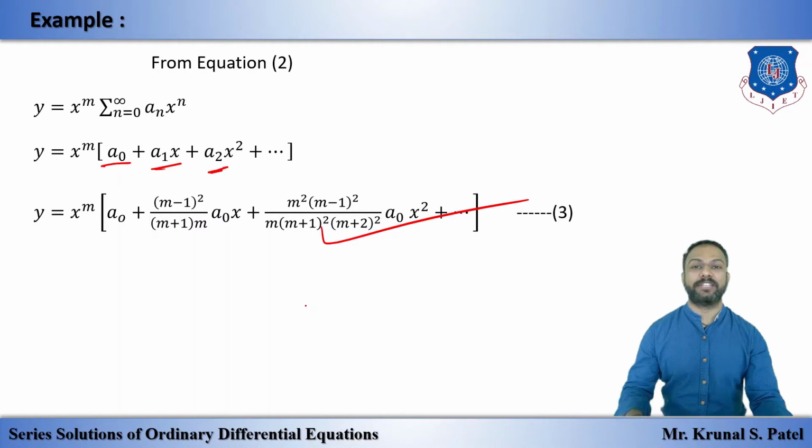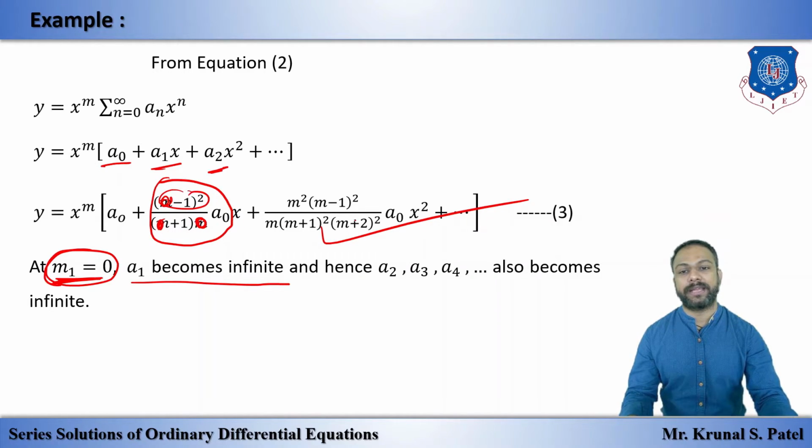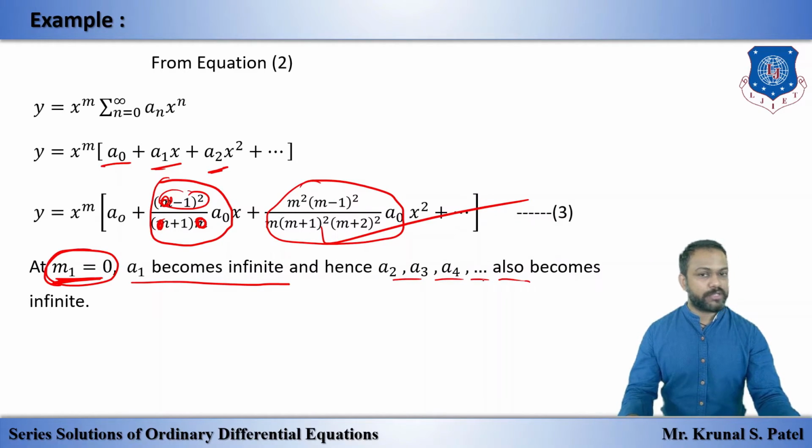Now we'll start with the smaller root. Because this is case number 3, the smaller root is m1 is equal to 0. If we put m1 is equal to 0, you can see that this is our a1. If we put m1 is equal to 0 in this, this is 0, that means something upon 0, because this is 0, this is 0, minus 1 is 2, 1 is 1. 1 by 0 is infinite, so a1 becomes infinite. If a1 becomes infinite, then because of this a1 we have this a2, so it is also infinite and so on. So hence all this becomes infinite, that means this is our part D.